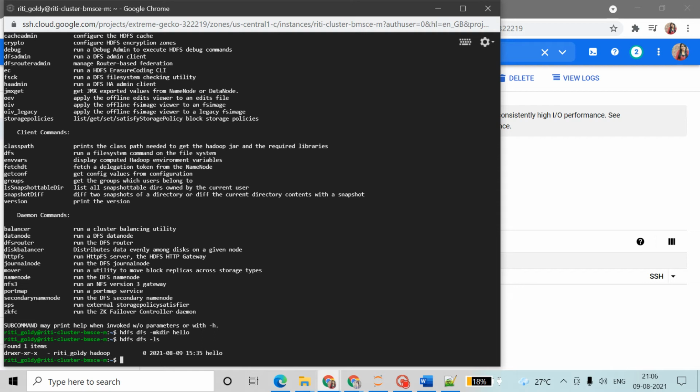Here we have to write queries for our Hadoop distributed file system, and it's like our Linux commands only, but with a little bit of changes for Hadoop. I was getting some error for creating a file.